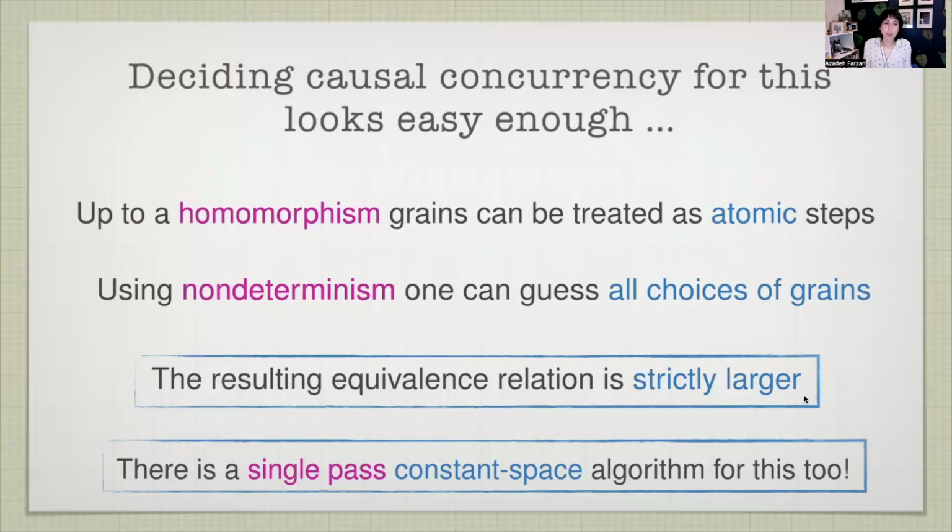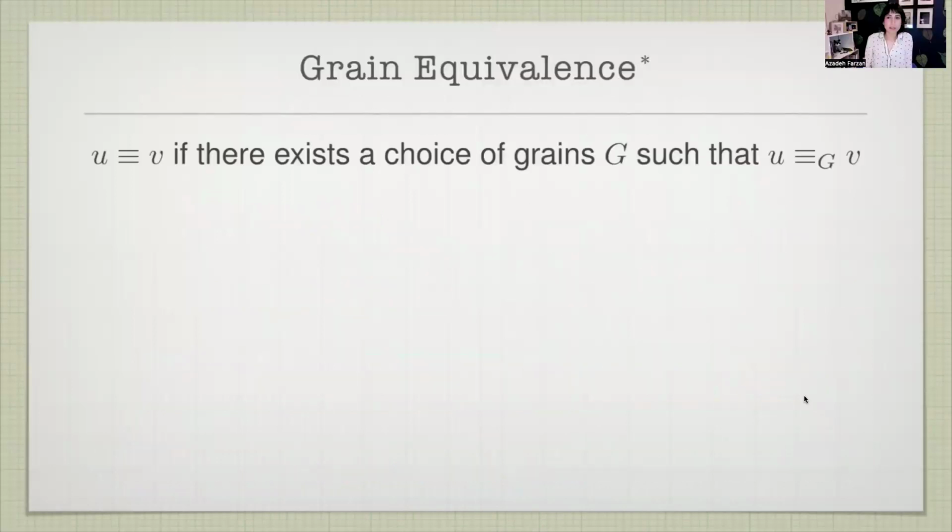Okay. So sorry, Azadeh, what is the equivalence that you're proposing now? Maybe I missed that. It's not the grain equivalence. It's this one. Okay, but you said this is not an equivalence. Yes, but I cannot invent a new term for this half equivalence. So I put a star here to be able to keep calling it equivalence in English, but it really is not. You can call it a cone or whatever you're more comfortable with. But rather than trying to invent a weird word, I decided to acknowledge that it is not, but keep calling it an equivalence.